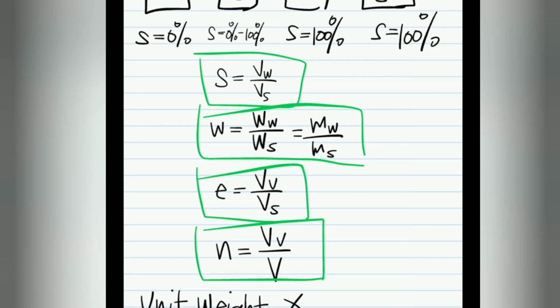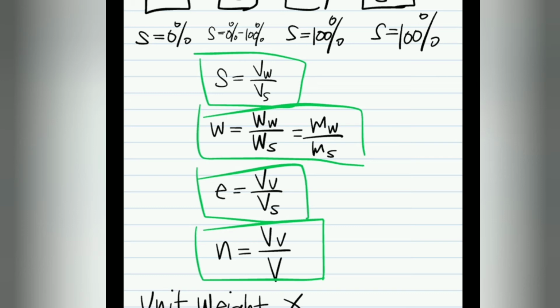And then W, of course, is moisture content or water content. You can have it as water content. So it's just the weight of water over the weight of solids. It's just a comparison. Of course, your water content becomes higher when there is more water compared to soil, or the weight of water is heavier compared to soil. It is connected to the amount of water and soil present, right? The more water you have, the heavier it becomes, as in terms of mass, you multiply that by